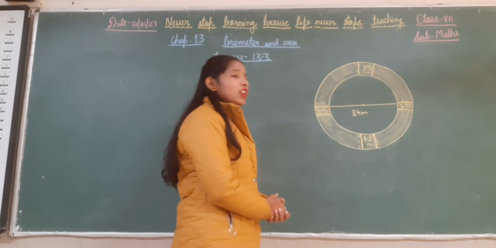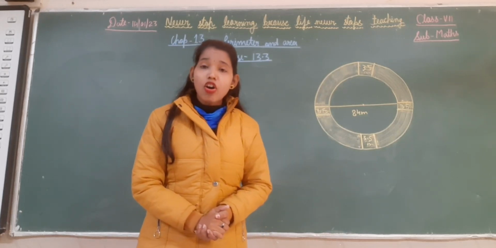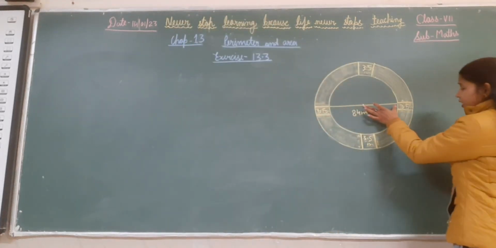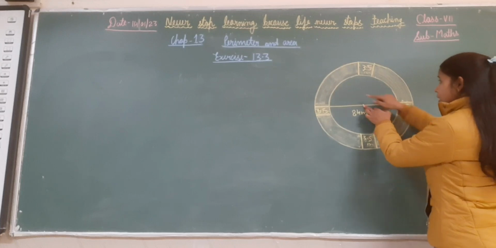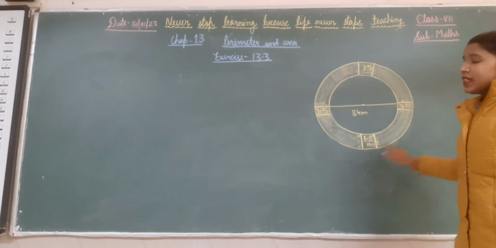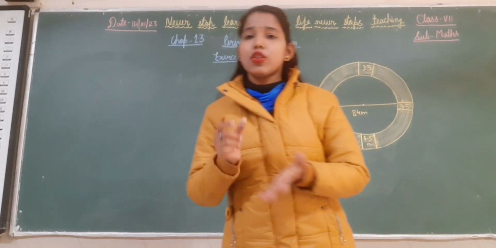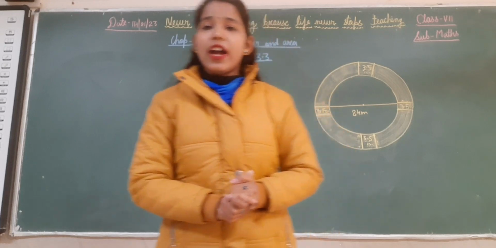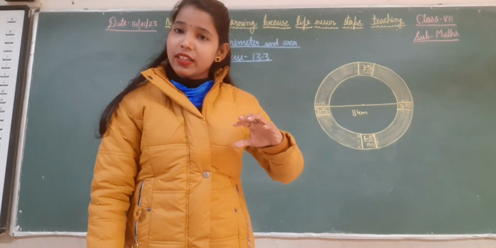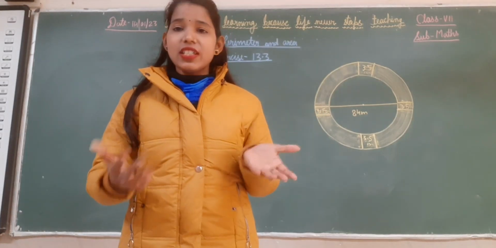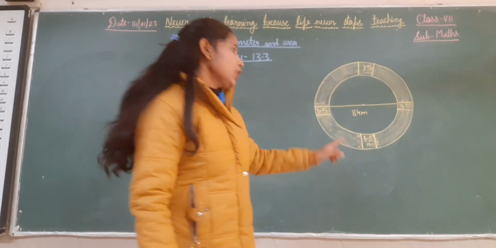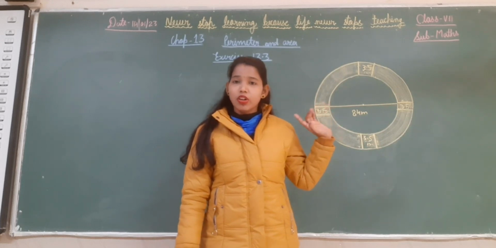First of all, we will find out the area of the park with road. Area of the park with road means this is the radius, and this one means the big circle. We first find the area of the big circle, and after that we have to find the area of the circular park, and then we will subtract the smaller circular region from the greater one. Then we will get only this shaded part, right? Got it or not got it?